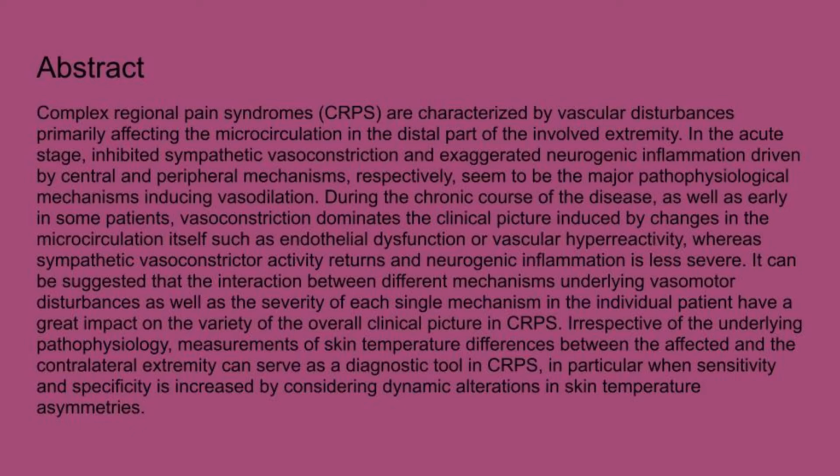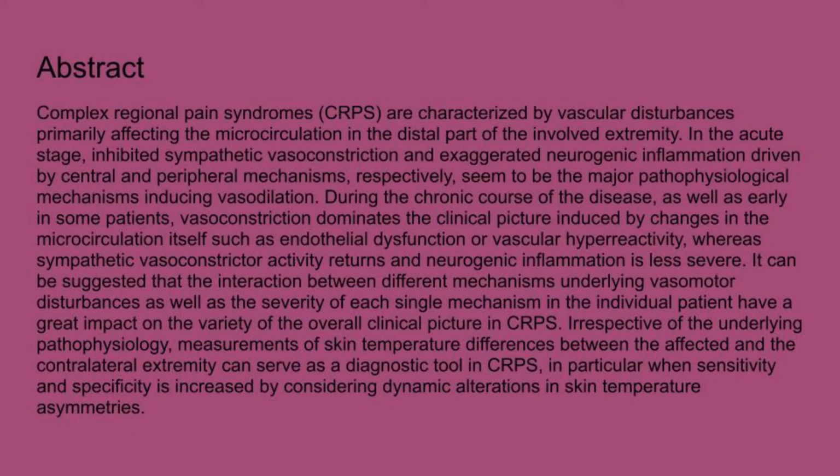During the chronic course of the disease, as well as early in some patients, vasoconstriction dominates the clinical picture, induced by changes in microcirculation itself, such as endothelial dysfunction or vascular hyperreactivity, whereas sympathetic vasoconstrictor activity returns and neurogenic inflammation